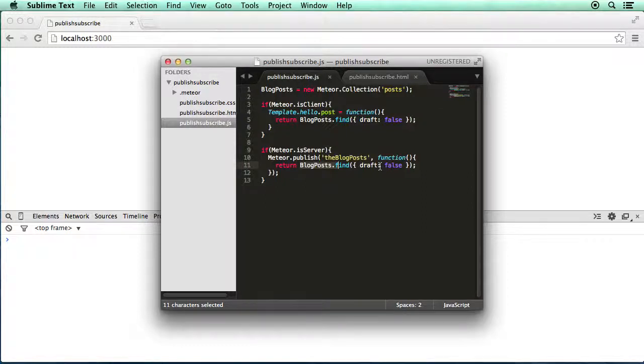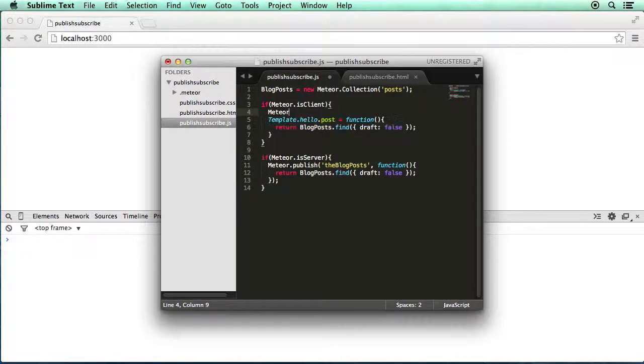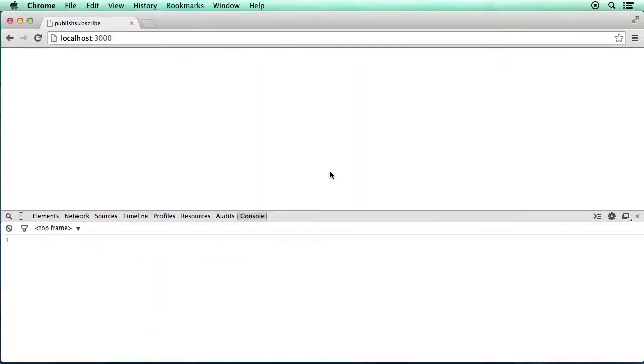And then what we can do is over within the isClient conditional, we go meteor.subscribe, and this is where we pass through the name that we just set a moment ago, the blog posts. And that's all we do. That's the entirety of a subscribe function. And this subscribe function is basically catching the data that is sent from the server. So the server is transmitting the data with the publish function, and the client is catching the data with the subscribe function. So we'll save that file,